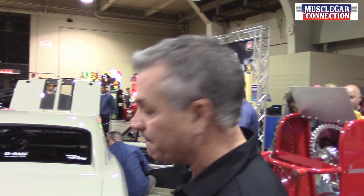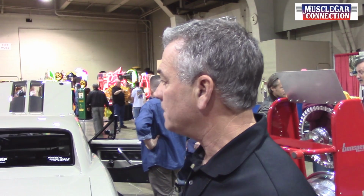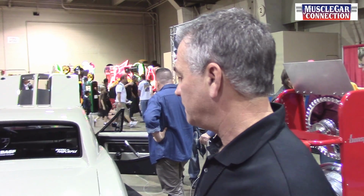How many times before you paint it is it put together and taken apart? Too many times to count. Maybe 10, 20. It's on and off and on. Is the first part of the mock-up getting the body squared away, or is it really because you got so much form and function that fit together? Are you having to mock them together, like you set the engine in and...